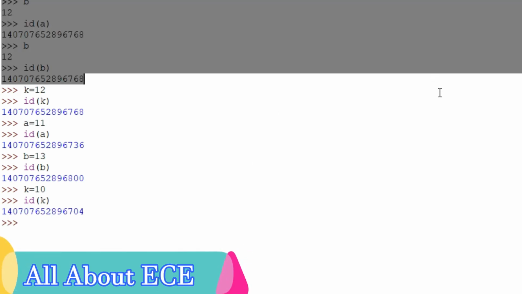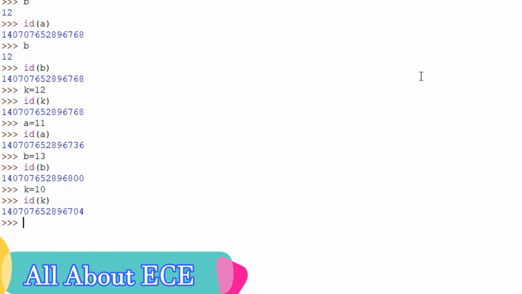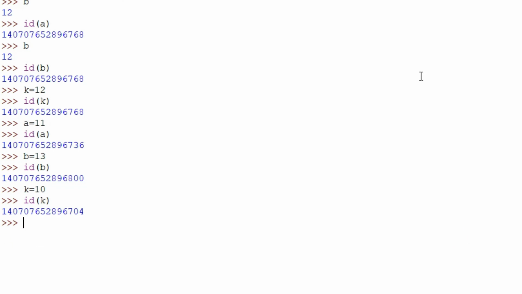Initially, the three variables were pointing to the same value, but here all are different. It means all the variables are assigned to different values, and the value 12 will be left by itself. That value 12 is automatically taken care of by garbage collection. We will talk about that in a future lecture. Don't think so much about this, just remember it. We are going to discuss garbage values in the future lecture, so don't worry about that.